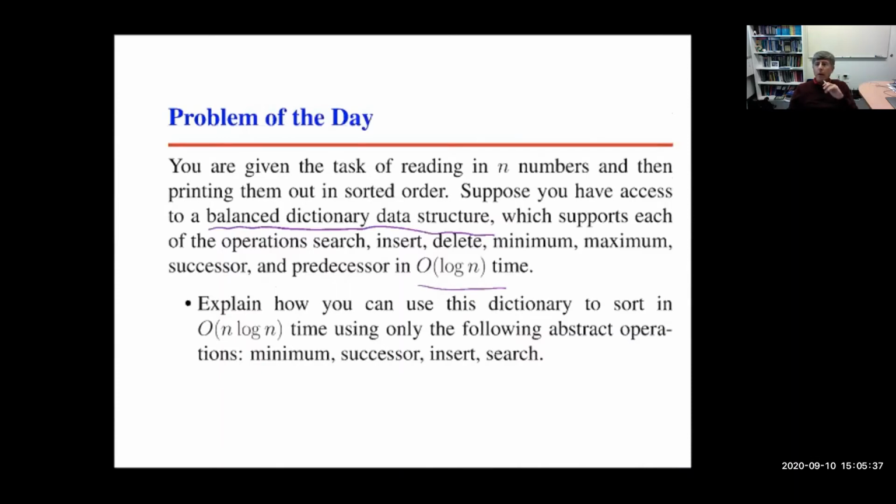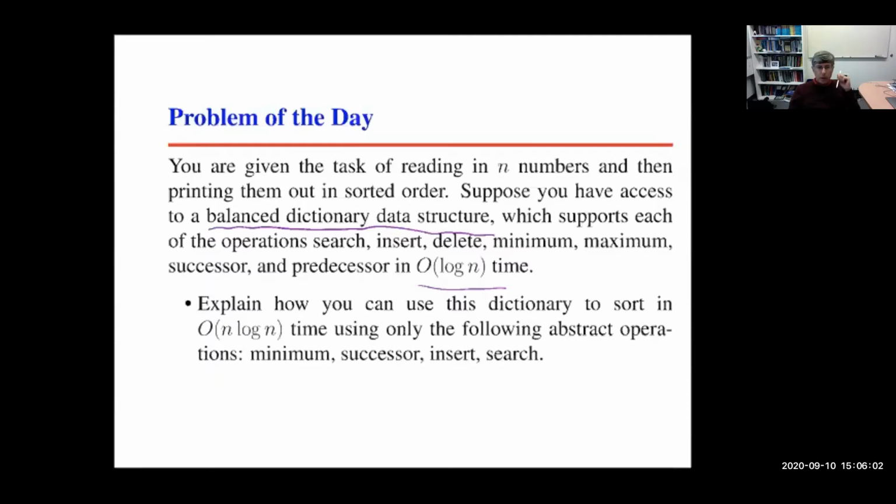Whatever it is, it's a data structure that makes these guarantees. And the question now says, how do we use this dictionary to do sorting in n log n time